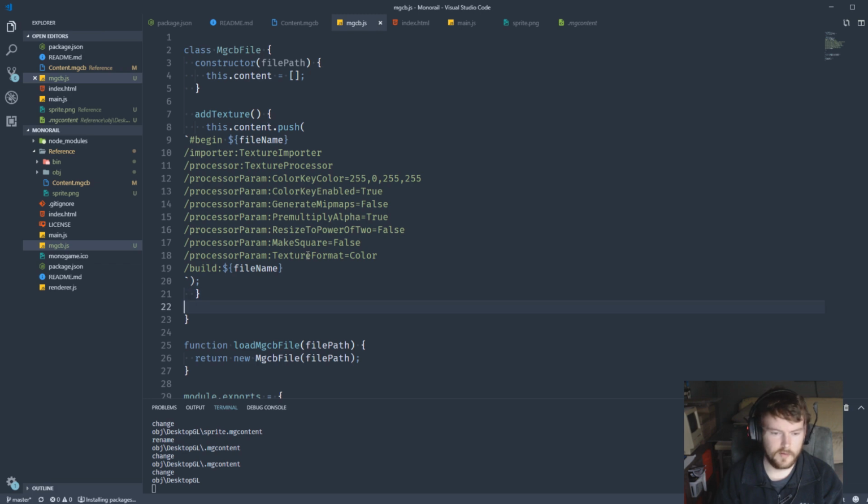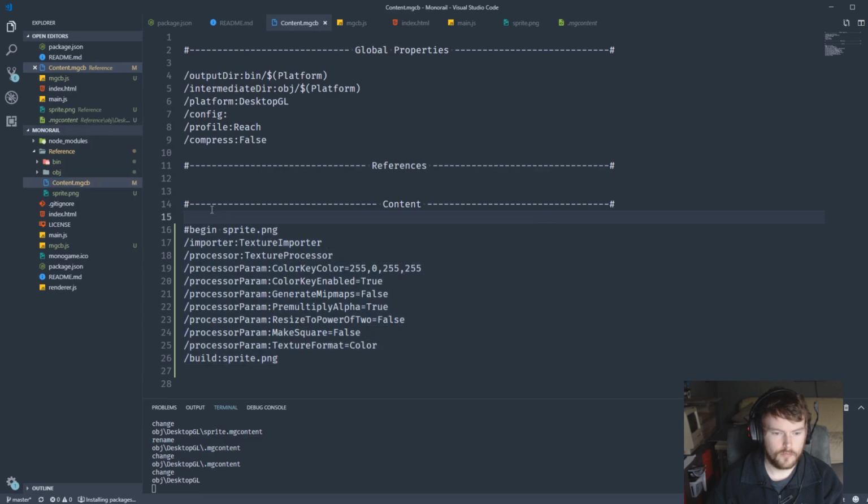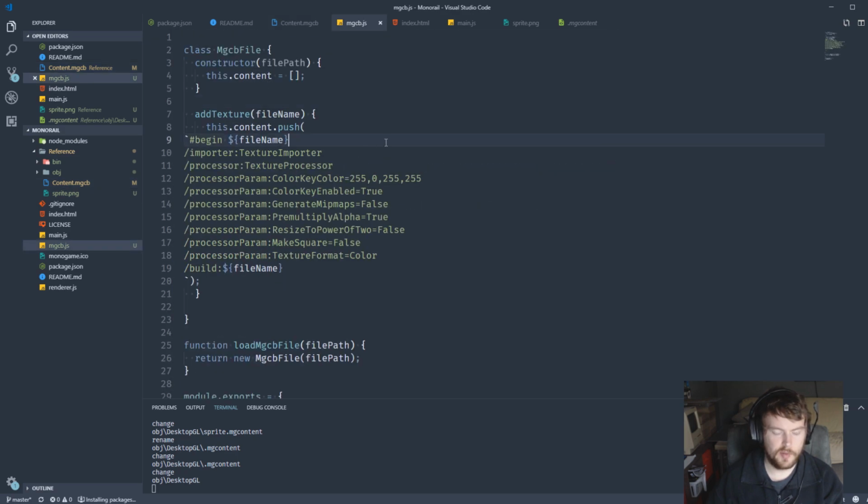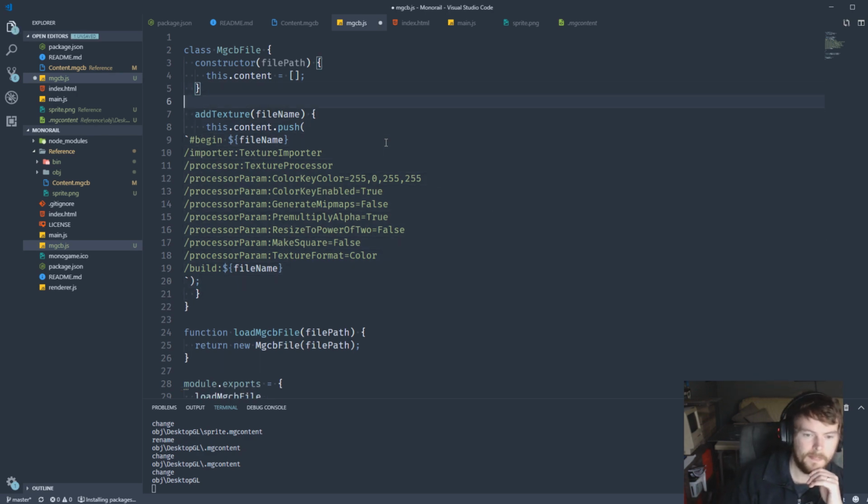Okay, add in those file names, and now it's not just that I need to do, I need to actually think about, well no, the simplest possible thing I can do is just say, I want to add the texture with the file name,